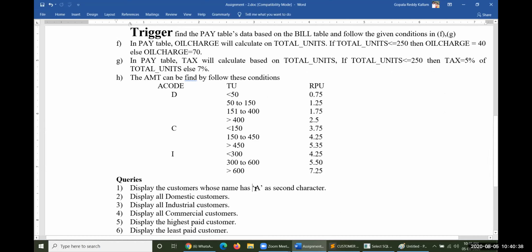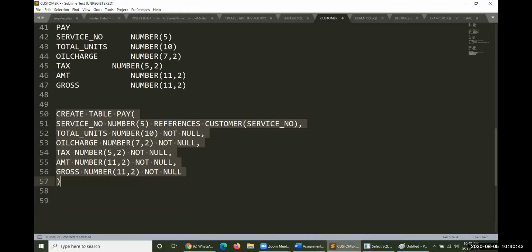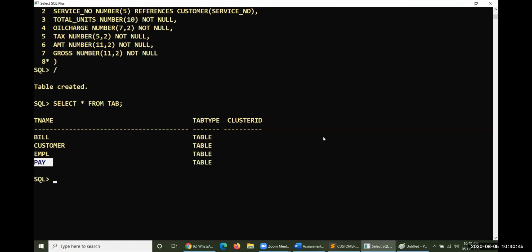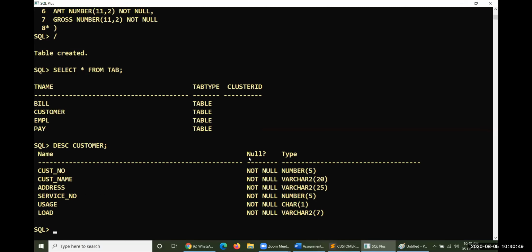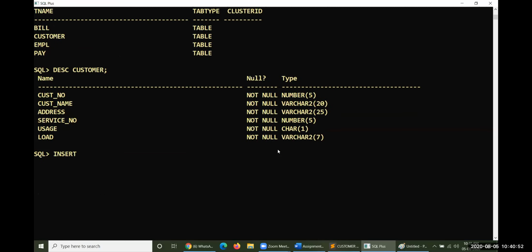So with this particular A, will it be there or not? Okay, let us take describe customer. Yes, these are the columns here. Now insert into the table name. Table name is